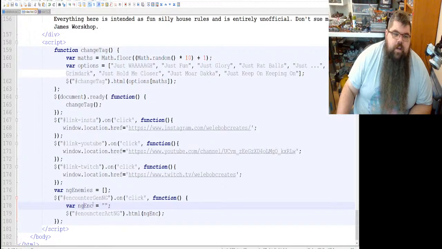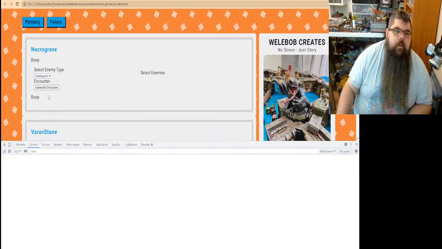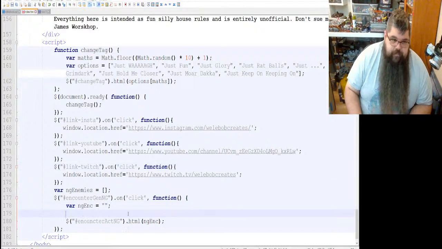Okay, so this variable is now defined, and when we click on it, it's going to replace it with this here. Okay, so we can see that happen. It gets replaced with nothing. All right, now we need to define that variable.